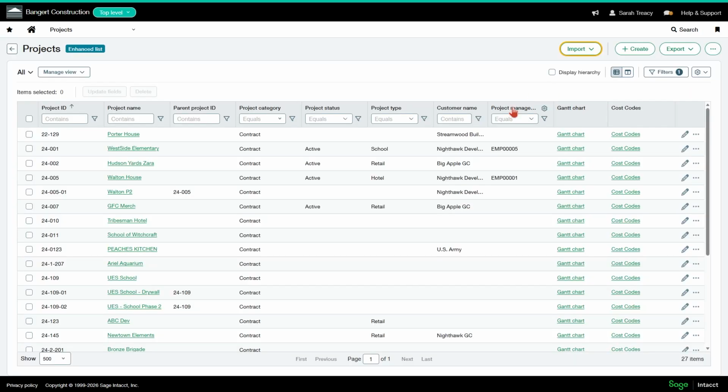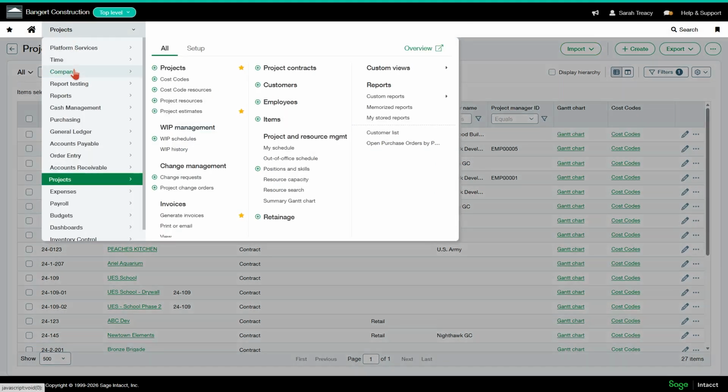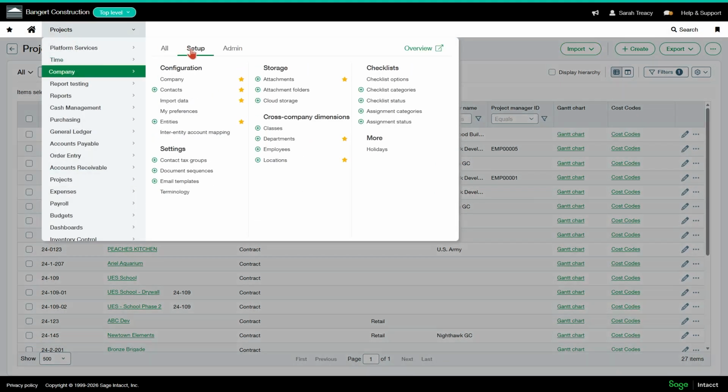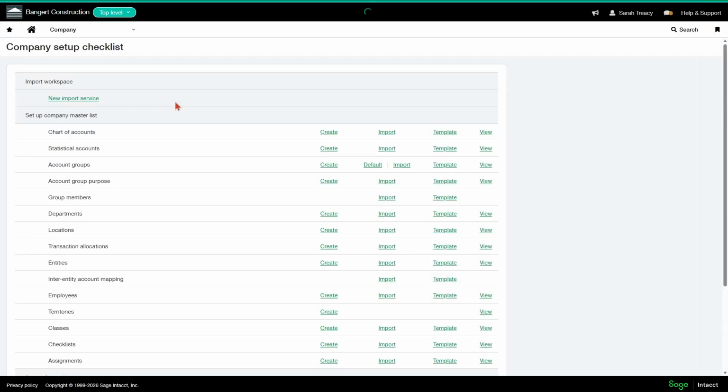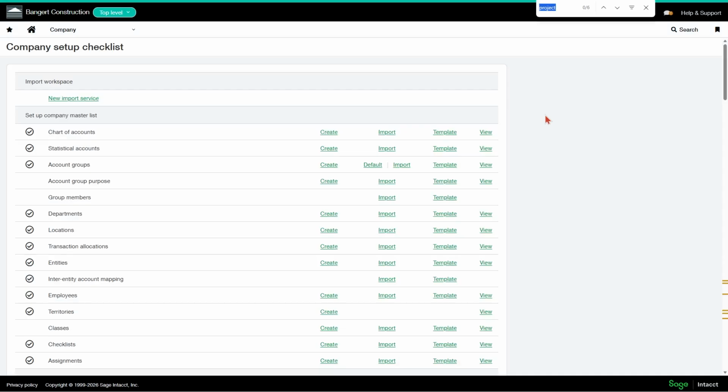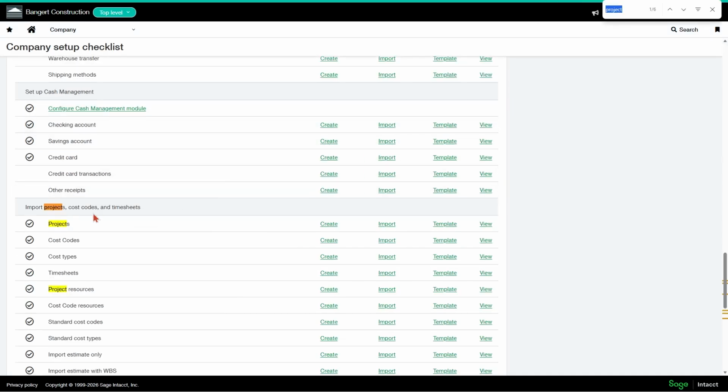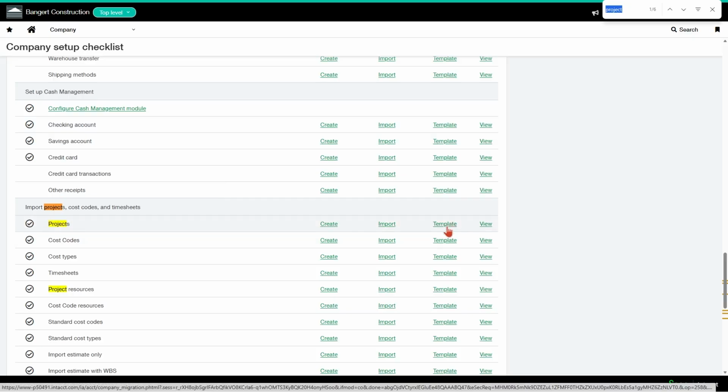So to get the template for that, you're going to go to your dropdown, company module, setup tab, import data. And then in here, we're going to do Control F on our keyboards, type in project, and it's going to bring us down to the project section. And here on projects is where you'll download that template to get in your projects list. And, as always, when you're downloading those templates from Intacct, I recommend going through and highlighting all of the areas that are required to make sure that you're not missing any of those columns, because you're just going to get errors when you try to do your import if you are missing the required fields.